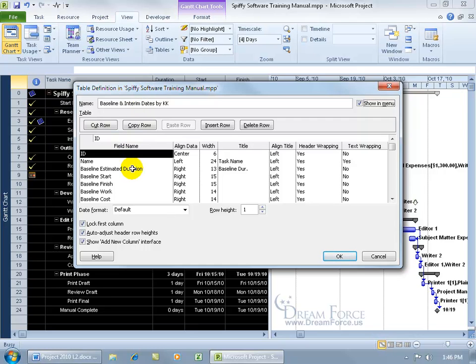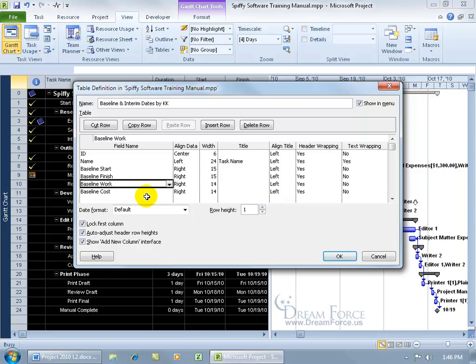And then down below it has all the fields that are in this table that we made a copy of. Let's see, I just want the start and finish dates for the baseline. I don't need the estimated duration, delete that. I don't need the work or cost. So you can select it, hit the delete key on the keyboard, or click on Delete Row, and baseline cost,